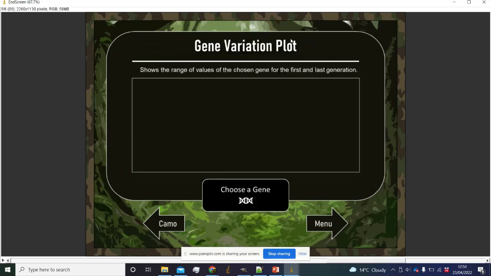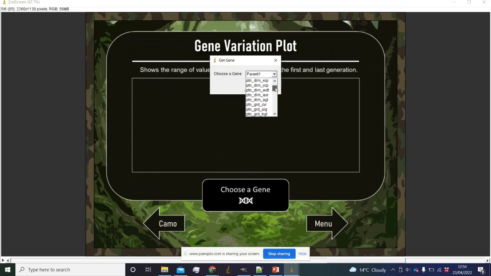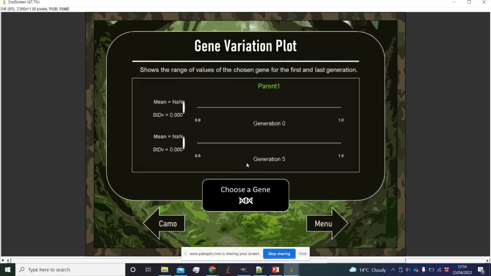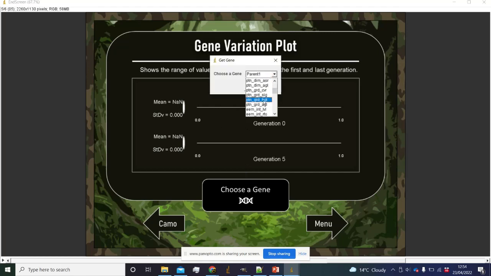We can also go on genes. The gene variation plot is designed specifically for practicals, particularly for A-level students, and to some extent undergraduate students. So we can select one of the genes. If you select parent, nothing will happen because parent's not a gene. But if we select, for example,